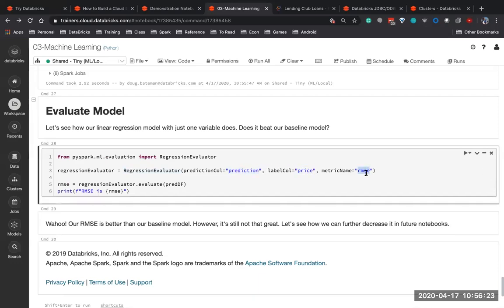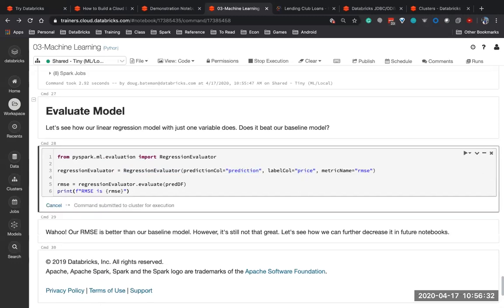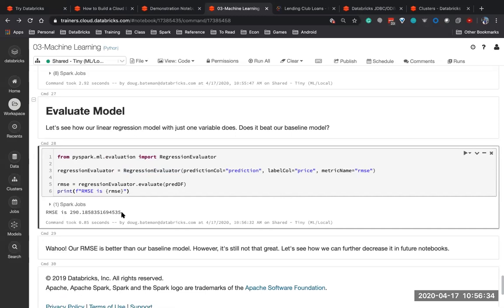And I can get the root mean squared error. That's a standard metric for determining how far off the predictions are from the price. One of the nice things about root mean squared error is that the units match. So in other words, my model is off by $290 typically. Wow, that is a pretty big error. But it's not at all surprising